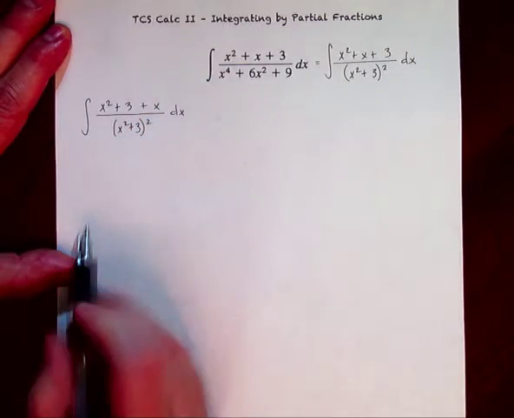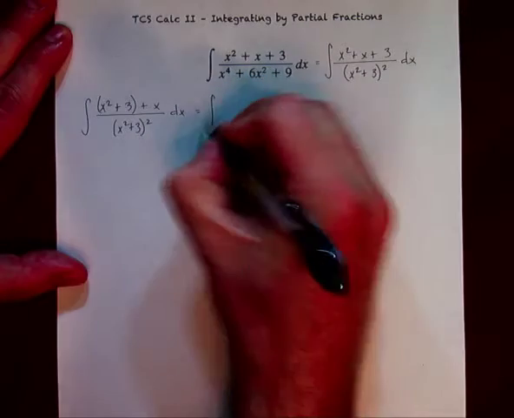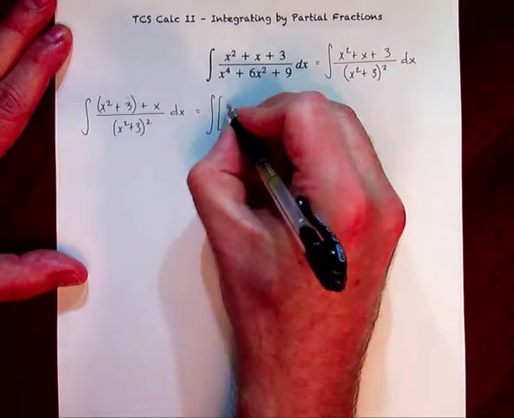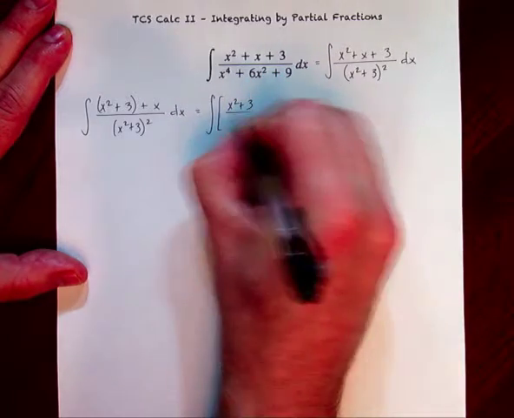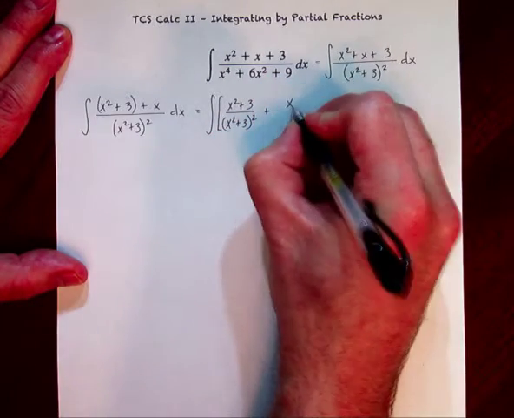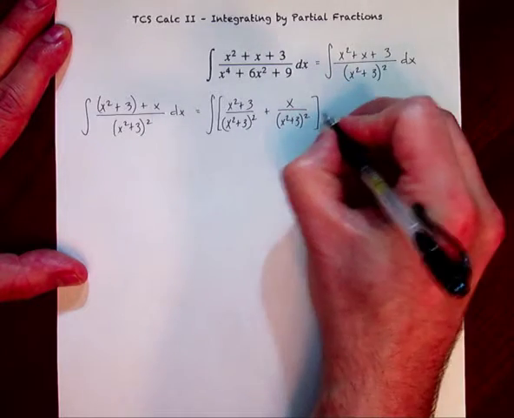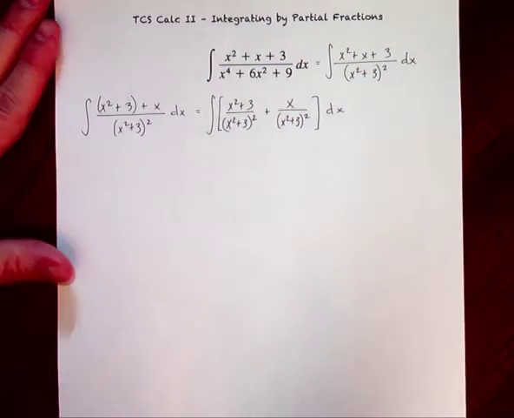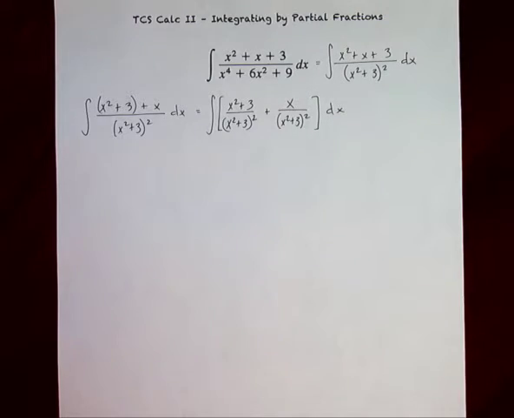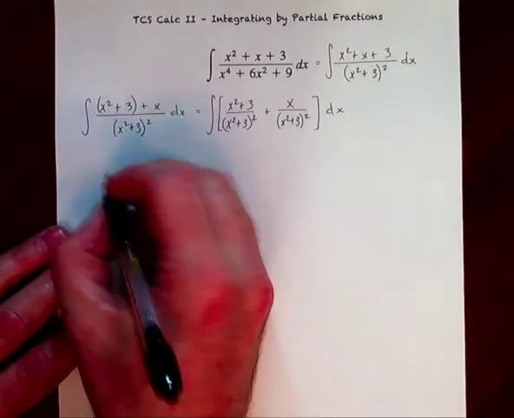Oh my gosh, will you look at that? That means that if I pull it apart, I'm going to get (x squared plus 3) over (x squared plus 3) squared plus x over (x squared plus 3) squared. And all I've done is reorder the numerator and then separate the fractions strategically. Now I've done it in such a way that this is going to cancel rather nicely